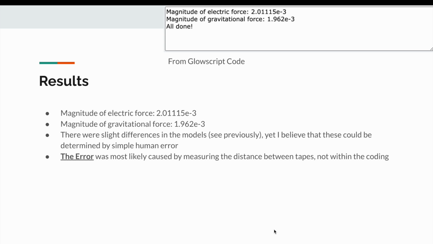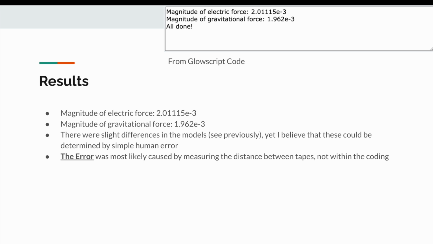Now, looking at the results, you probably wondered, why is the electric force so different from the gravitational force? And yes, these are correct. The magnitude of the electric force was 2.01 times 10 to the negative 3 newtons, and the magnitude of the gravitational force was 1.96 times 10 to the negative 3 newtons. However, there are differences in this. And these differences come from the fact that I probably had some human error when I was measuring the distance